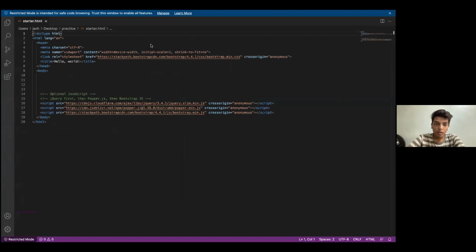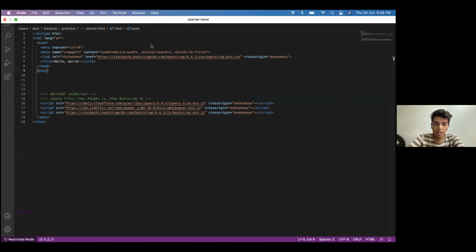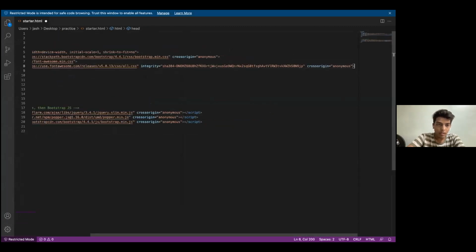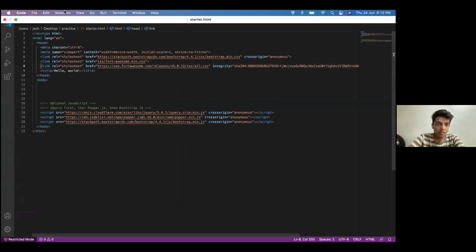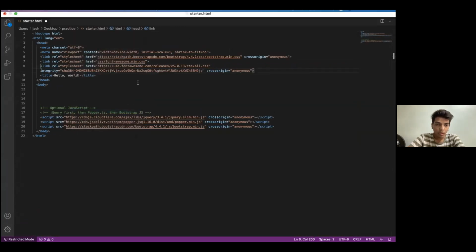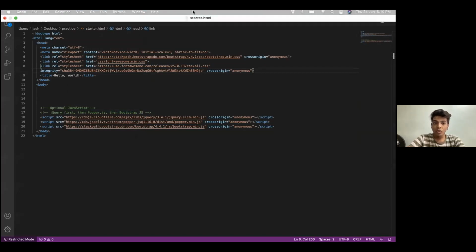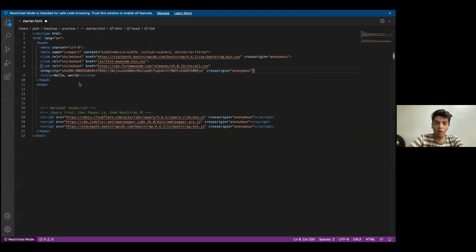Now what we have to do basically is copy and paste our Font Awesome link. As you can see, the Font Awesome script are also being seen, and you have to just copy paste it. Those are the two links that help us integrate the Font Awesome library with the website that we are going to build. So right now a boilerplate is ready.